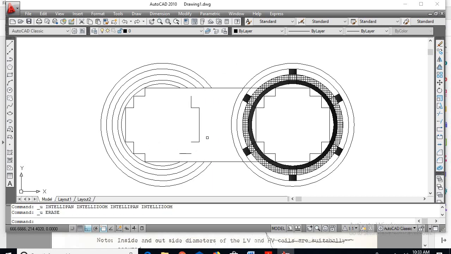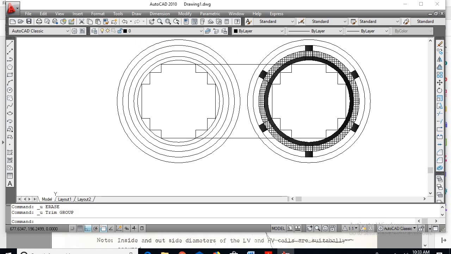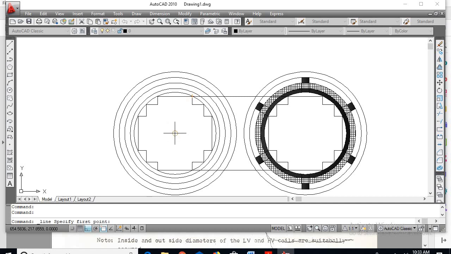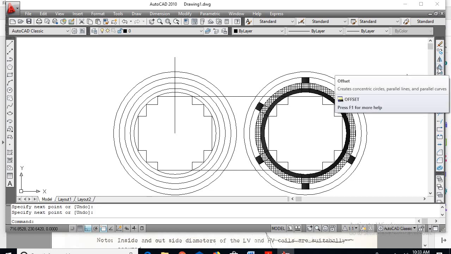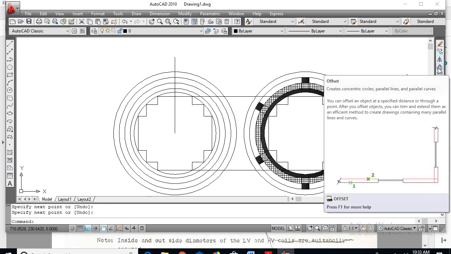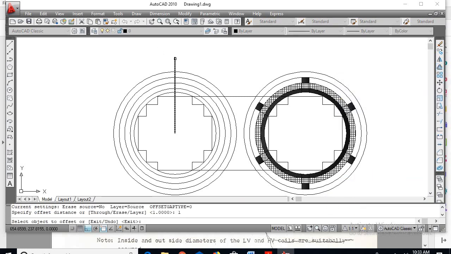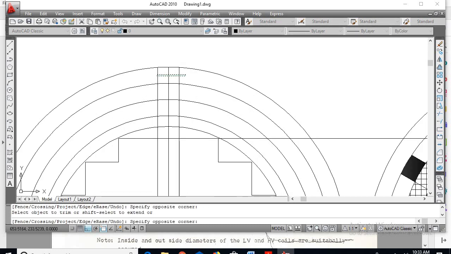Okay, so just I'll go for Control Z. First I'll show the ducts here. Later I cannot get the center point if I delete that. So draw a vertical line. So go for offset. In the modify toolbar, the fourth symbol will be the offset. So type 1, enter, select this, click towards right, again select this, click towards left, go for trim command, right click, trim the unwanted portions.